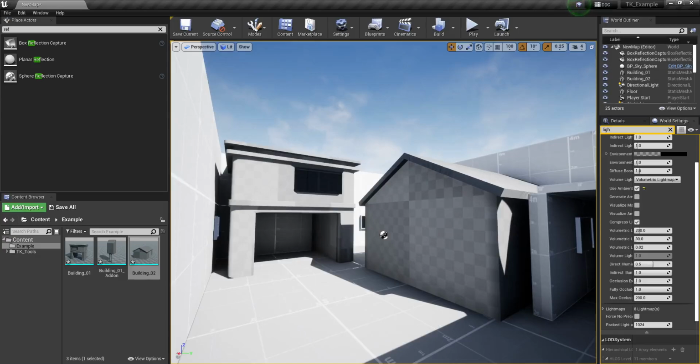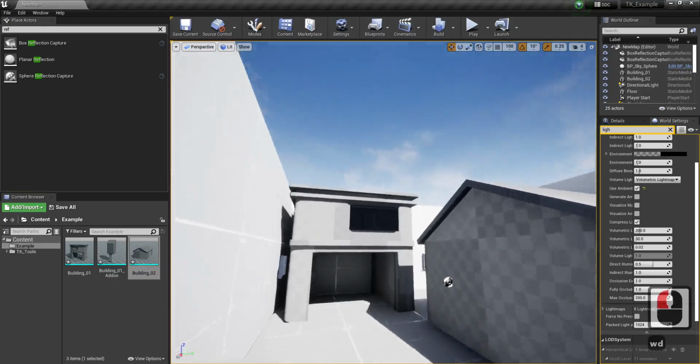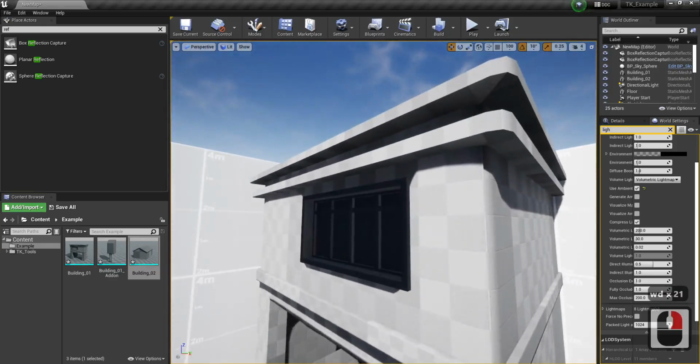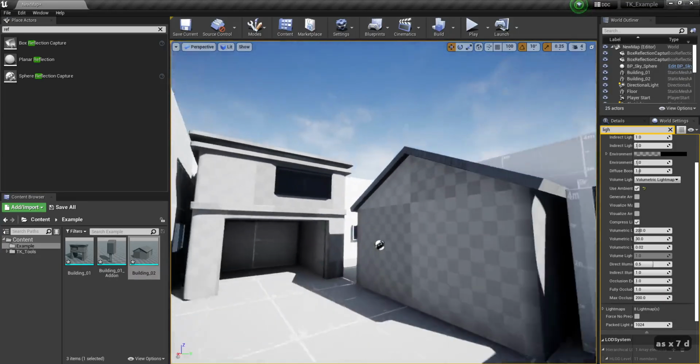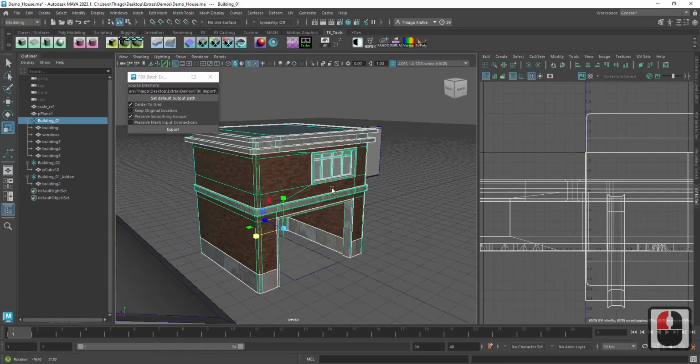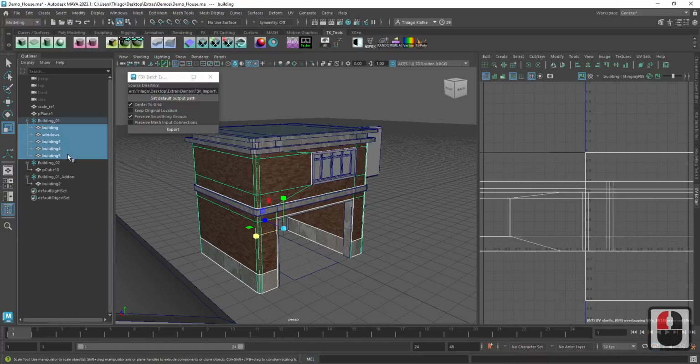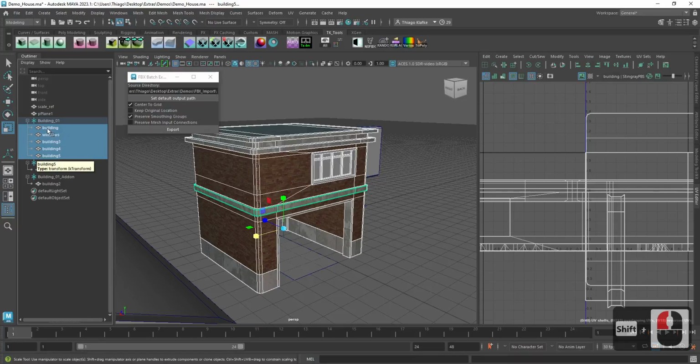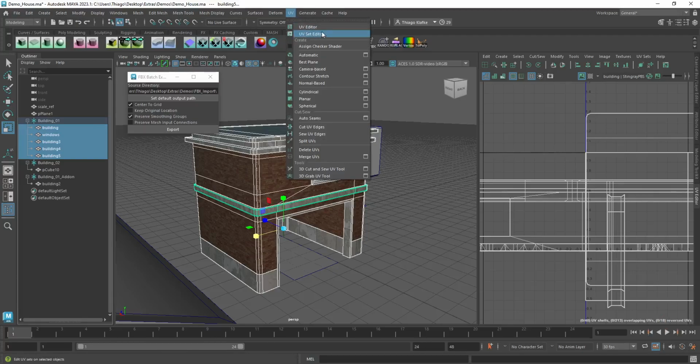And the reason for that is because there are no Lightmap UVs. So see what's happening here? It looks very weird. So let's fix that. When you bake lighting, you need to make sure your buildings have Lightmap UVs, and it's very easy to do that. So select all the pieces that you're gonna export, because remember, in this case, all these pieces are gonna be combined into one. So select those pieces, go to UV set editor,